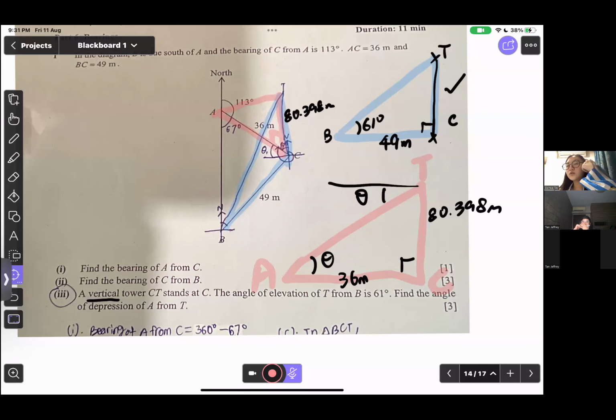So we use CTB in order to find CT. After that, we use CT in order to find theta. Correct. You understand why, right? Because I need to find